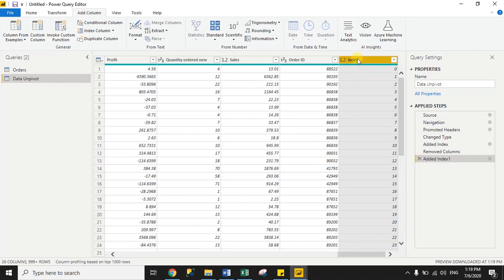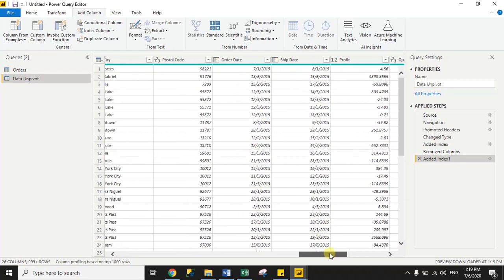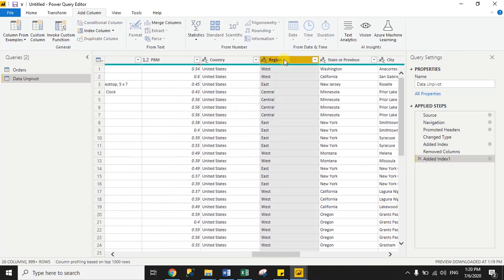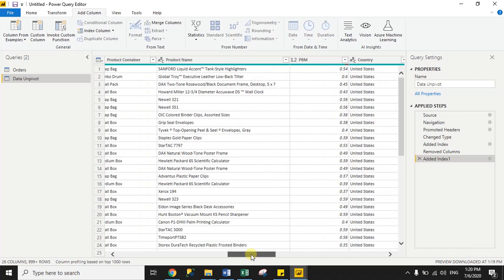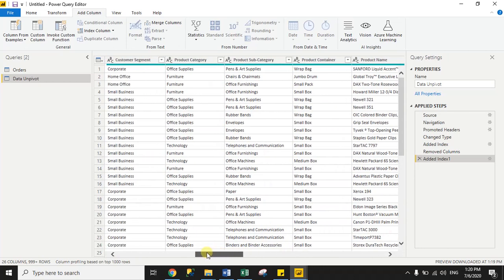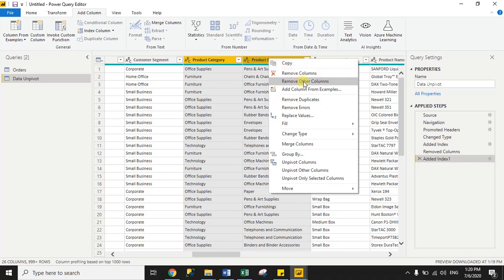So here I select index column, then I need reason column, and after that I need product category and product subcategory column, and after that just right click and remove other columns.